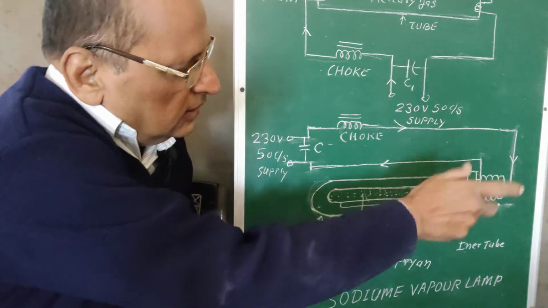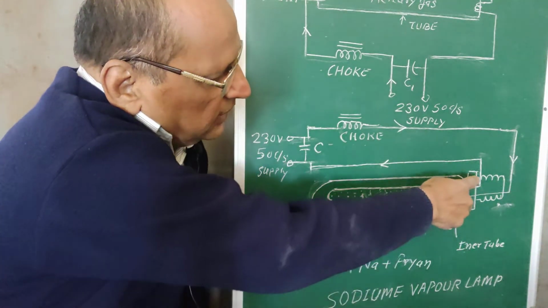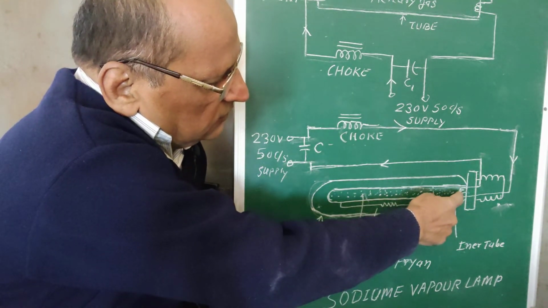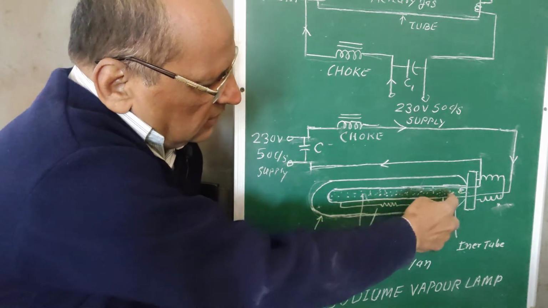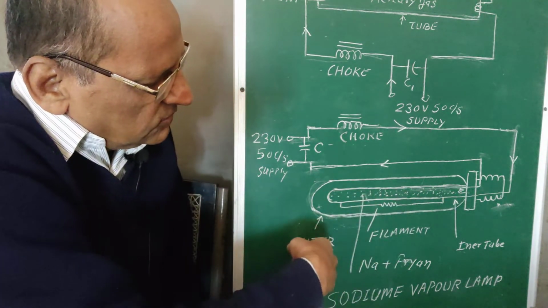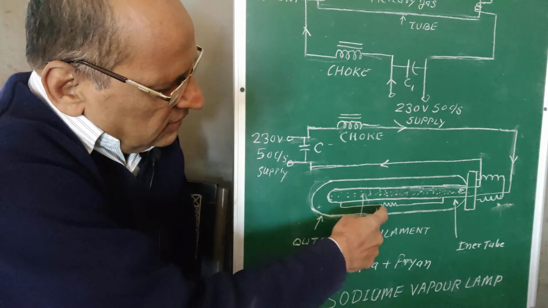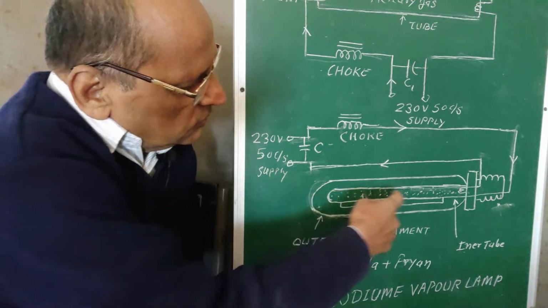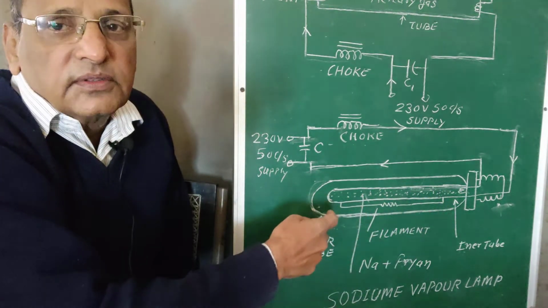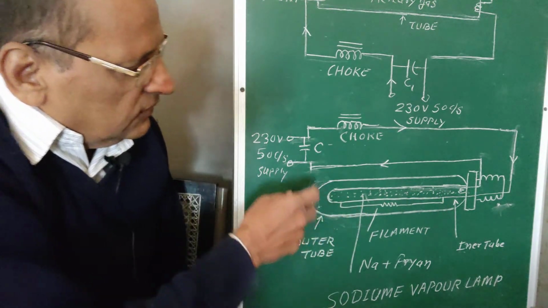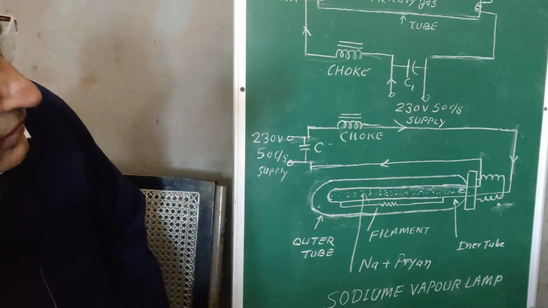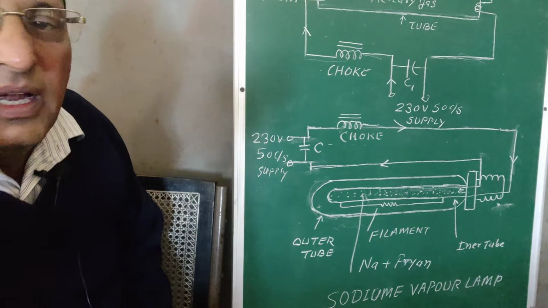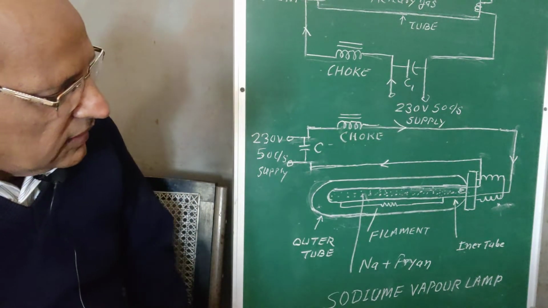In series with that, it goes to the top portion of the lamp, which is connected in a holder. It is provided with these threads, and this is the element known as the filament, across which the discharge of gas takes place. This is an auxiliary electrode. Then this is the inner tube, which is filled with freon plus sodium or mercury vapor gas, and discharge takes place across this inner tube, and the glowing of the lamp starts.